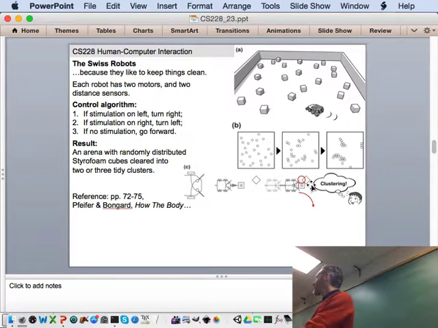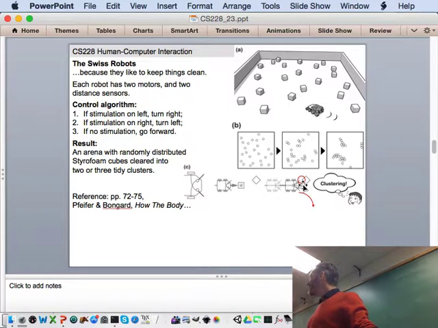So we get the collective behavior that we're after, which is cleaning up this arena, by thinking carefully about interaction, right? So we're thinking again about sensory interaction, but also we're thinking carefully about physical interaction, right? We want this robot to push these blocks and to stop pushing them when it gets close to a protopile,